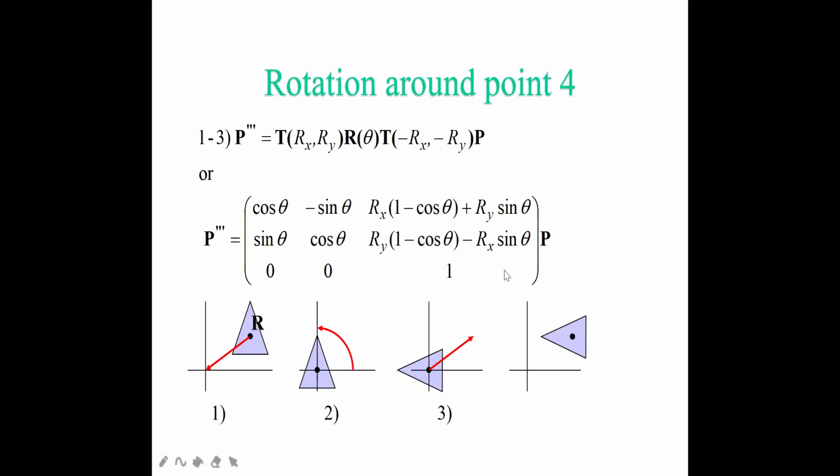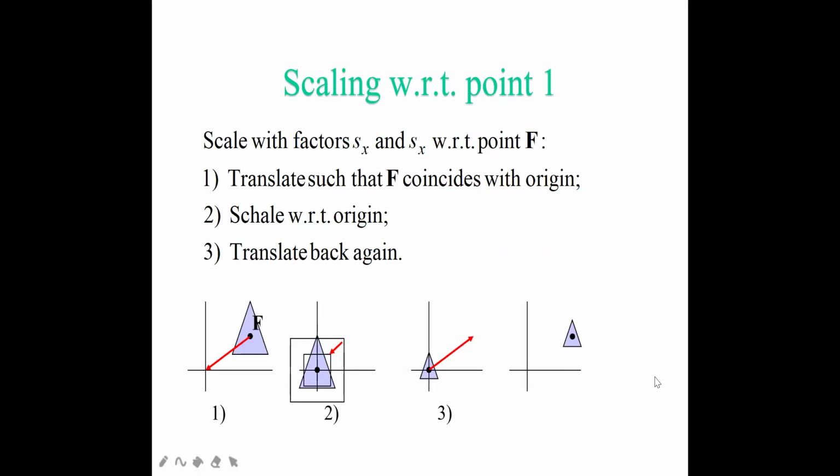If you are given any combination of objects or anything, you have to think about what you are going to apply. The question will be just like this: here one point is there, just rotate this point to here, just rotate this object here. You have to think what all the things are that I should apply. Here I understood that I should go for translation, again I should rotate it, then again I should translate it back, and then I designed this equation. Those things will not be given in your question. You have to find out what you are going to do. Okay, then you apply all these formulas. Now let's see, I have one more also.